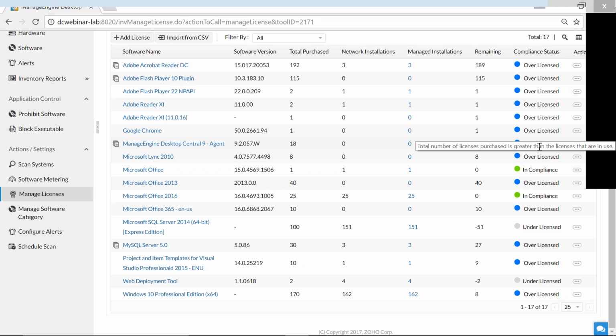Over licensed. The number of licenses purchased is more than the number of installations in the network, which is known as over licensed. So meaning that I have purchased 192 licenses, but I have installed only on 3 machines. I still have 189 licenses still in my hand, which I could use for my future requirement, which is known as over licensed. And under licensed: I have purchased only 100 licenses, whereas I have installed more than the count of the licenses, meaning that the number of licenses purchased is less than the number of installations. So in this case I have 51 licenses exceeding,